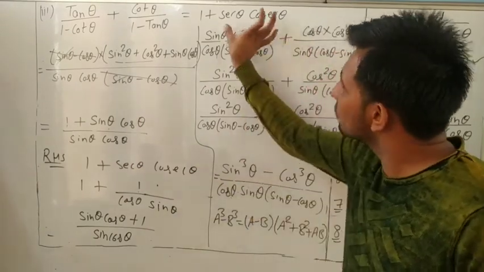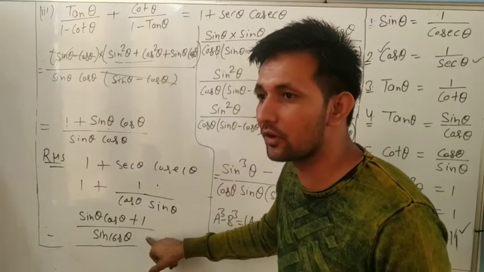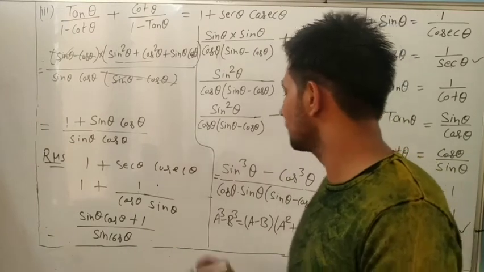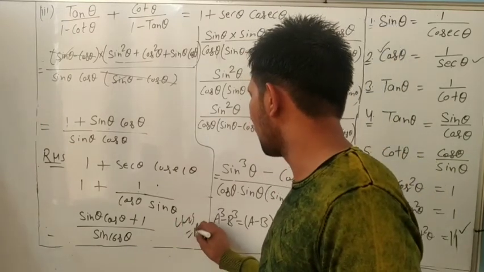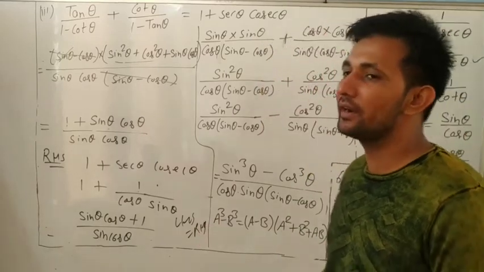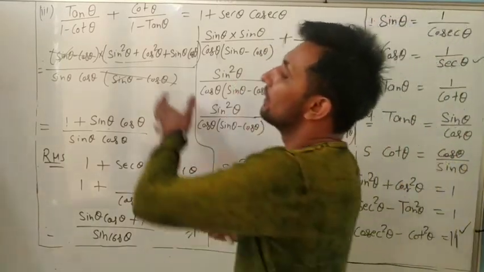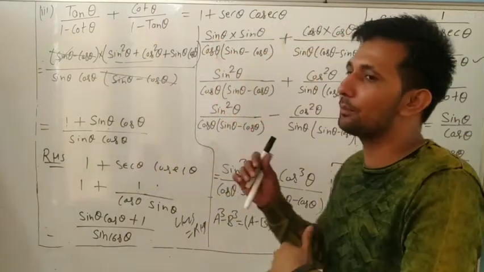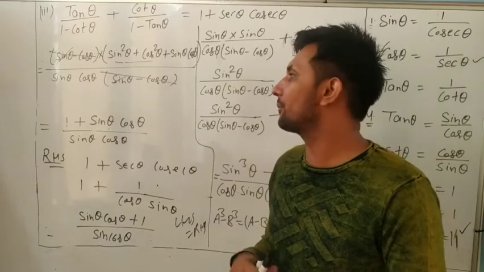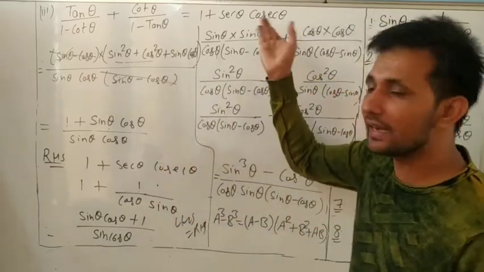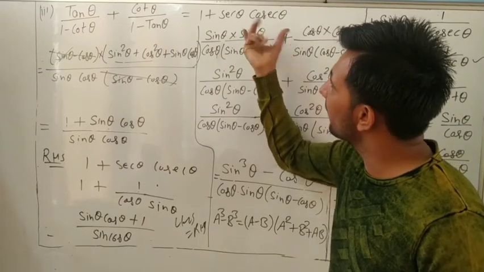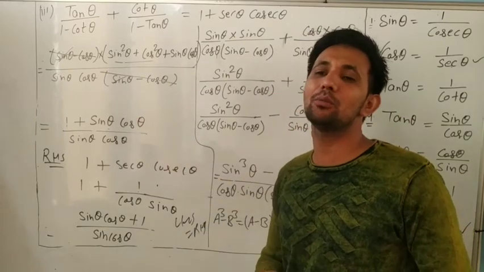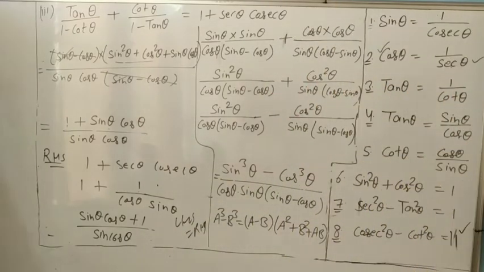Now, because we are solving step by step, it becomes that one, right? What is called the left hand side? So both are equal. Then you can write in the last LHS equals RHS. Okay. It is also important. If you take the left hand side and are able to solve the question only up to 2 or 3 steps, and after that step you don't know what to do, then you can take the right hand side and try to make it equal to the left hand side. Both are equal or not? So we can write in the last that both are equal. Okay, dear. You can do by this method also.